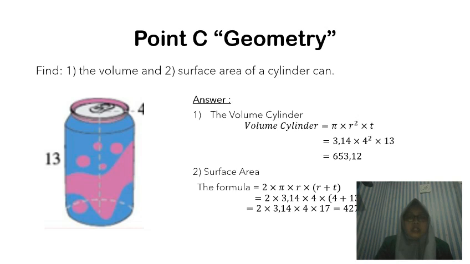The answer, the volume of the cylinder equals pi multiply radius square multiply t or height, equals 3.14 multiply 4 square multiply 13 equals